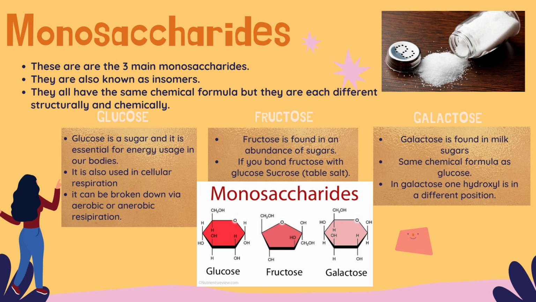As said in the previous slide, there are three main monosaccharides. Glucose is used in cellular respiration and is very important for energy usage in our bodies. Fructose is found in an abundance of sugars, for example in fruits. Galactose is found in milk and has the same chemical structure as glucose, however the only difference is the position of one hydroxyl in carbon 4. The hydroxyl in glucose is at the bottom, whereas in galactose it's above, and this is shown in the diagram